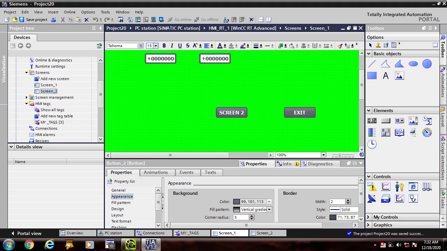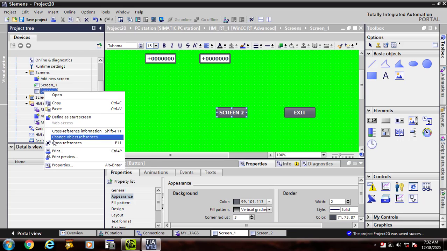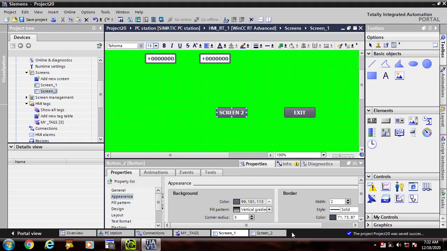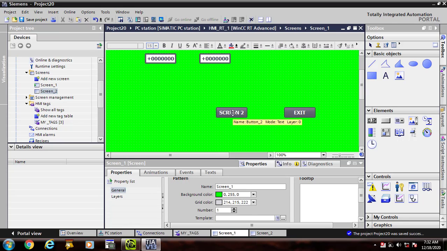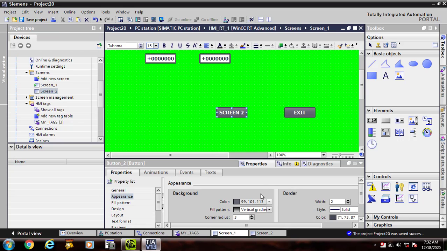So I will create another button, screen 2, on screen 1, so that I can switch to screen 2 by clicking on this button. This is the screen 2 button on screen 1. Assign properties to it.